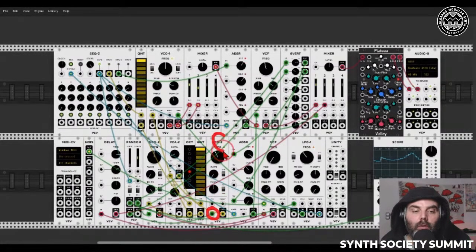For the LFO2 and for the VCO2, you can morph between the wave shapes, and I'm doing this with the random voltage, as you can see here. And this is going again through a low-pass filter, and this filter basically controls the amplitude also of this voice. So I can bring it in, it's going through a delay, you will hear it in a second.